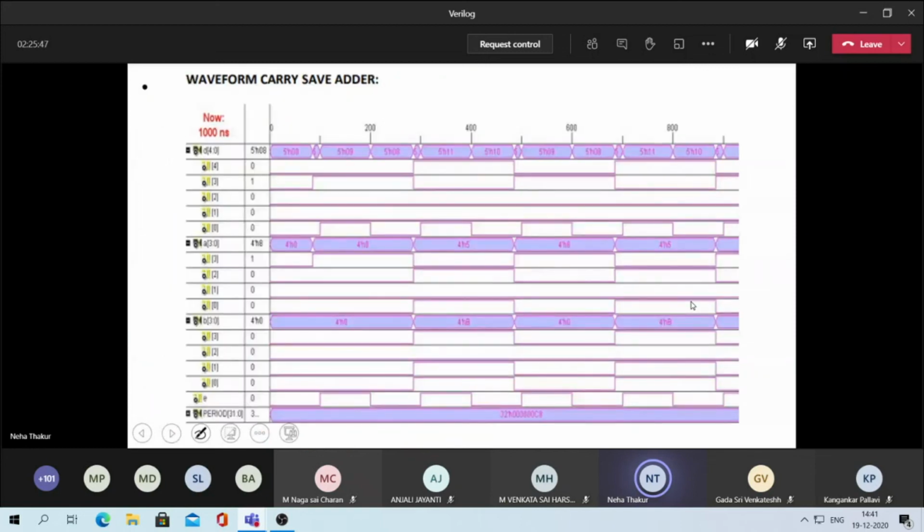Now if you look at the waveform for the carry save adder, suppose these are the values given. This is for the A input, this is for the B input, this is the E value, and then this is your D. In your output waveform you will not get anything else.